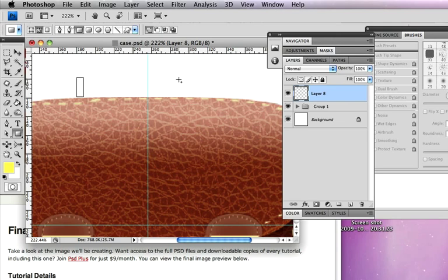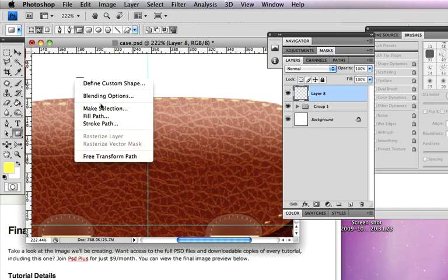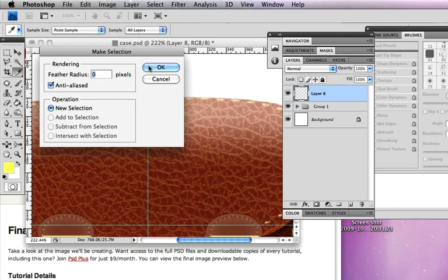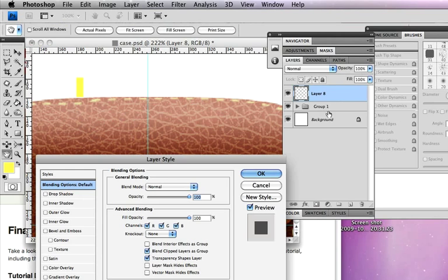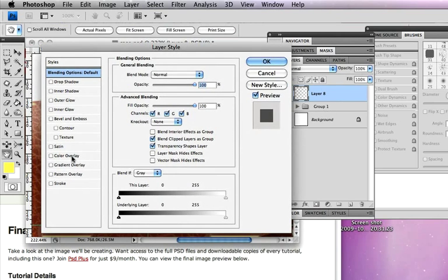And the second one is going to go here. In fact, why don't I just do one at a time and then we can always duplicate it. So we create that, and I'm going to right click, make it a selection, G, and just fill that selection with that color. Deselect, come over to our layer style once again, gradient overlay,